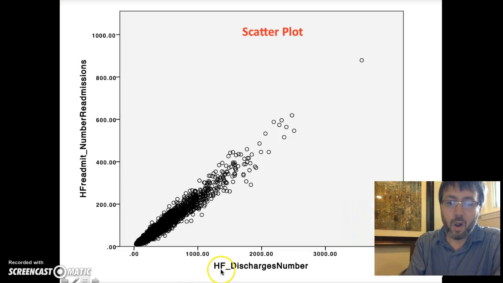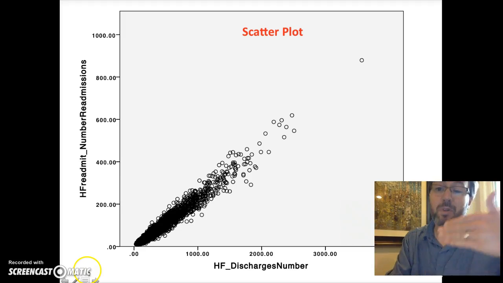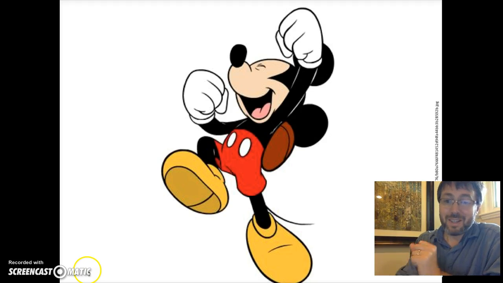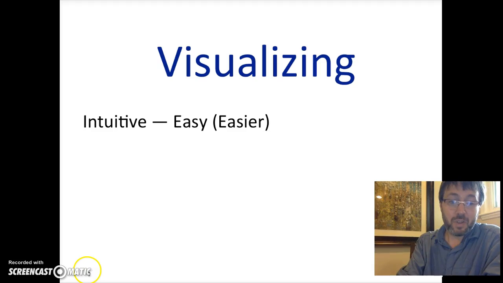So if we look at the number of heart failure discharges along the bottom and the number of readmissions on the y-axis, you can see a very strong, almost linear relationship between the two, with some notable outliers in terms of the number of discharges, but it's very consistent with this linear pattern between discharges and readmissions, which is not surprising considering those hospitals who discharge more are more likely to readmit. So with that in mind, I hope you can celebrate the goodness of these visual statistics